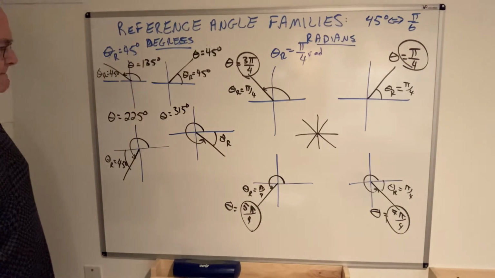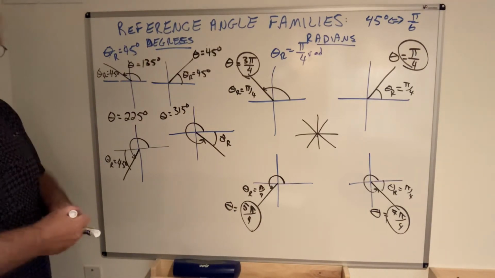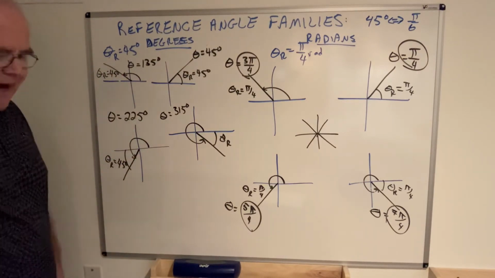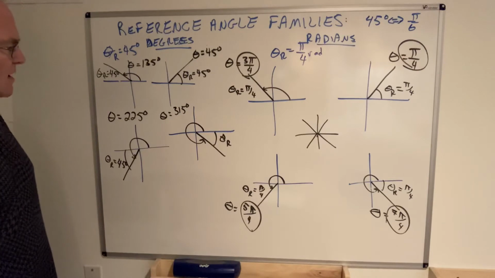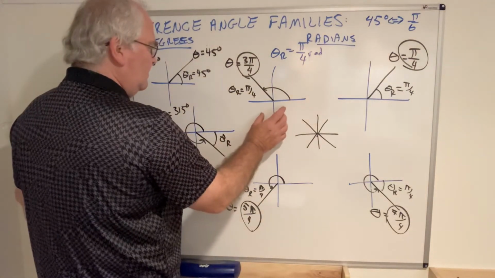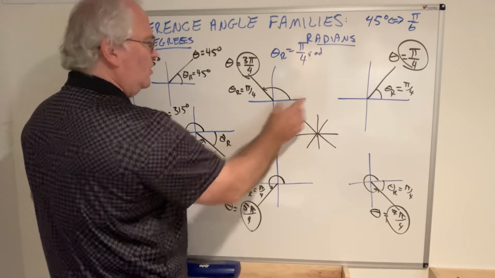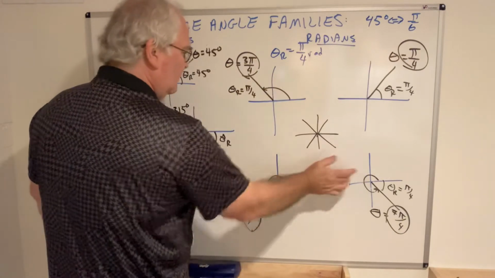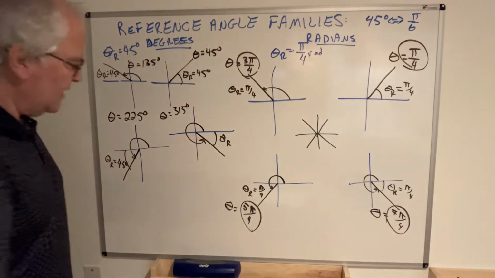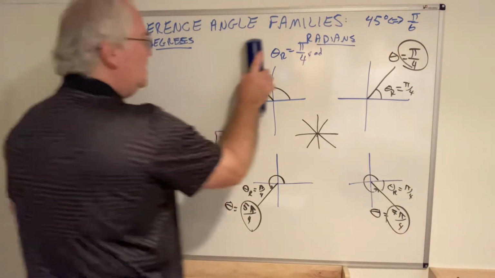All right? So those reference angle families need to become part of just mental furniture. They're just hanging around your brain all the time, waiting to get used. The reference angle family for pi over 4 is straightforward. It's the odd multiples of pi over 4, and it's almost hard to forget that. All right, so the last of our special reference angle families is